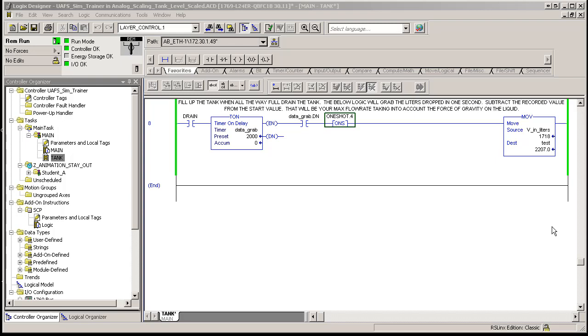And so now we have a difference. We said we had a full volume of 2,339 liters. We will subtract that from this grab, and we'll see that the difference is 2,207, and that gives us a drop of 132 liters in 2 seconds. We'll divide that by 2, which gives me an average of 66 liters per second, and that would be my